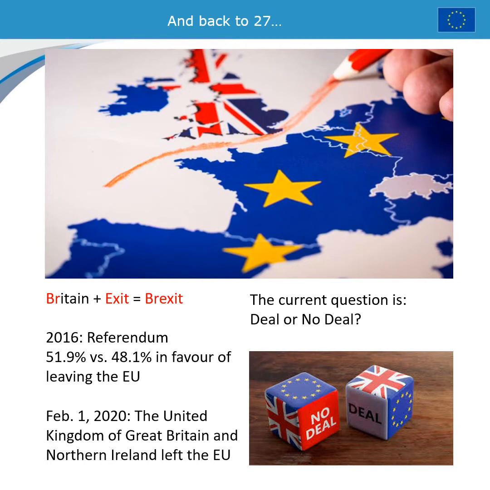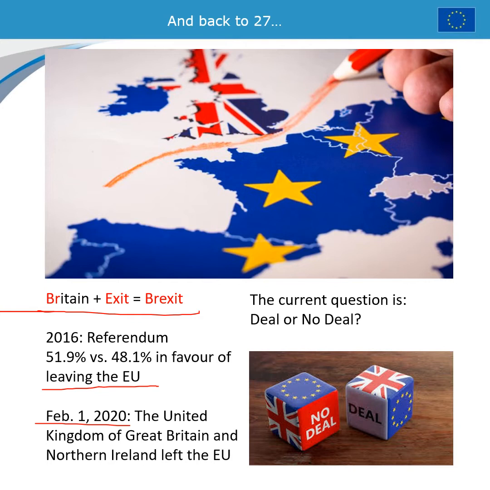I mentioned that on February the 1st, the United Kingdom of Great Britain left the European Union. You have the term Brexit coined for this, Britain and exit. There was a referendum, meaning a public vote, in 2016, which surprised everybody. 51.9%, a slim majority said we want to leave the European Union. A long period of chaos and negotiation followed, but on February the 1st, Britain really left the European Union.